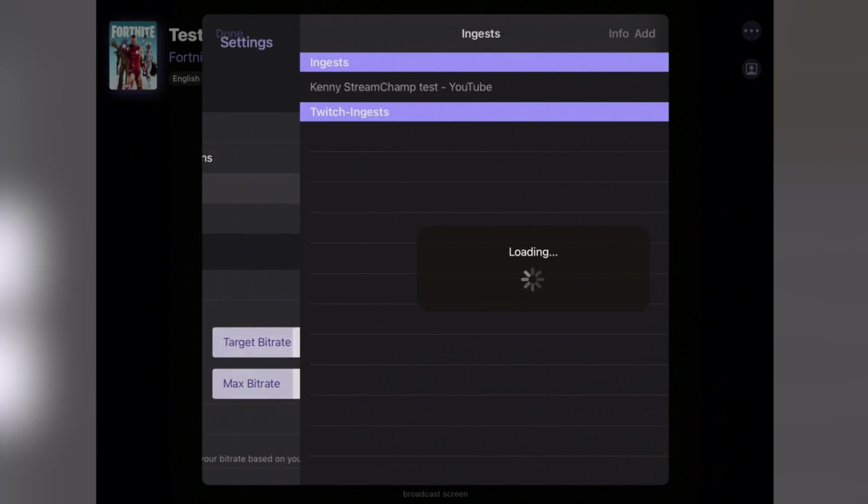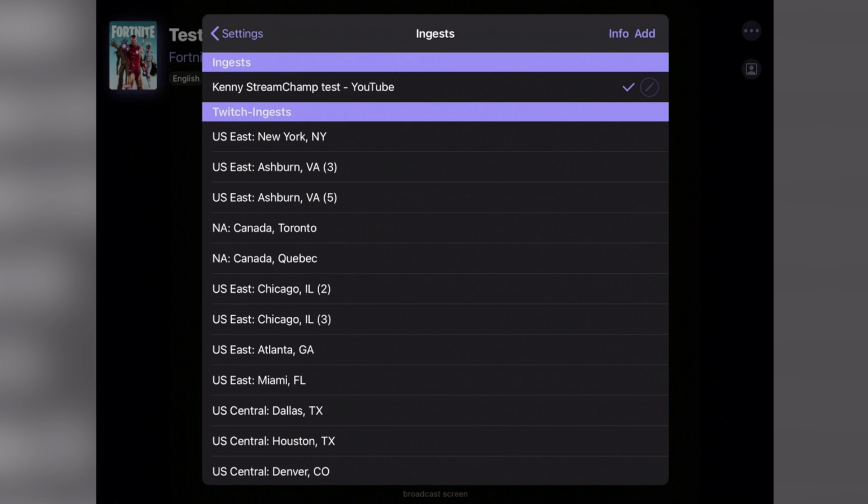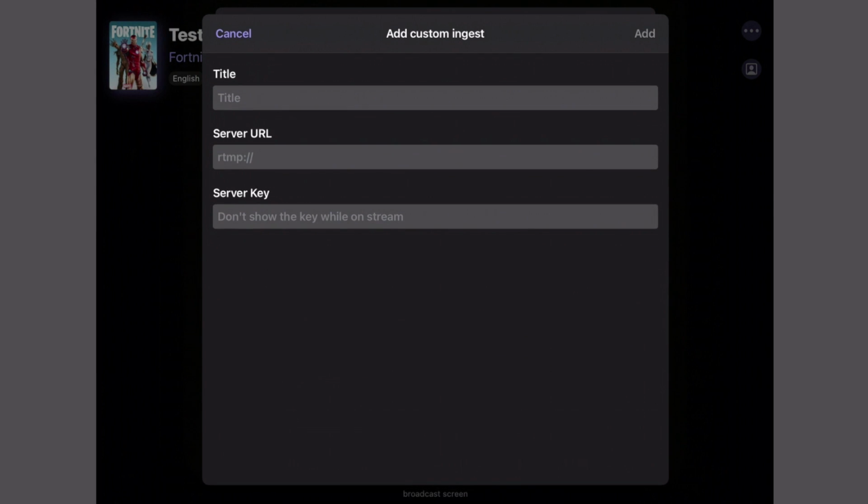Down from that is the Ingest Options, and that controls where you are streaming to. Are you streaming to your Twitch? Are you streaming to YouTube, Facebook? Well, if you're streaming to Twitch, you can select your closest Ingest server. So for me, that would be New York. I would select that. Now, if you're streaming to YouTube or Facebook, you're going to need to select the add button on the top right, and then you're going to need to put in the server URL and also the server key, which you can get